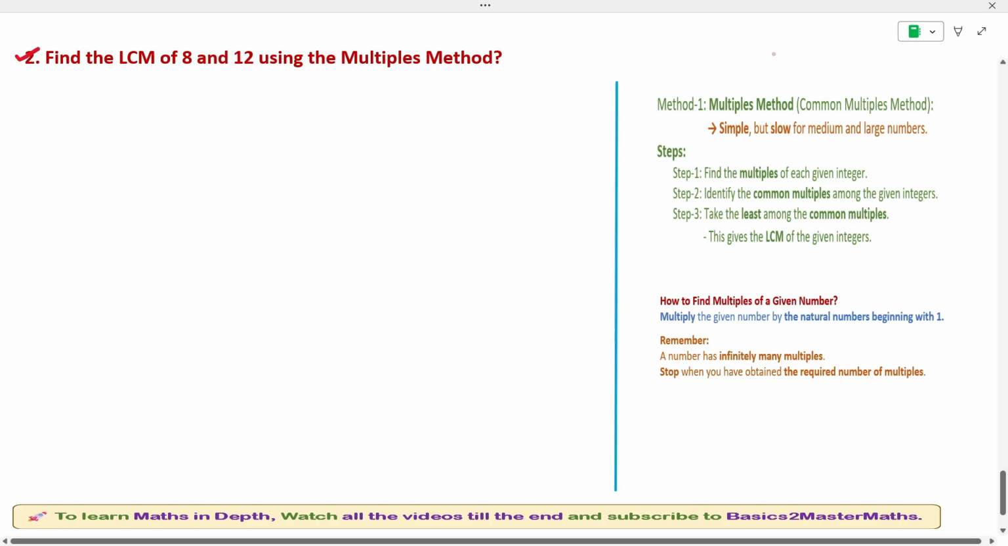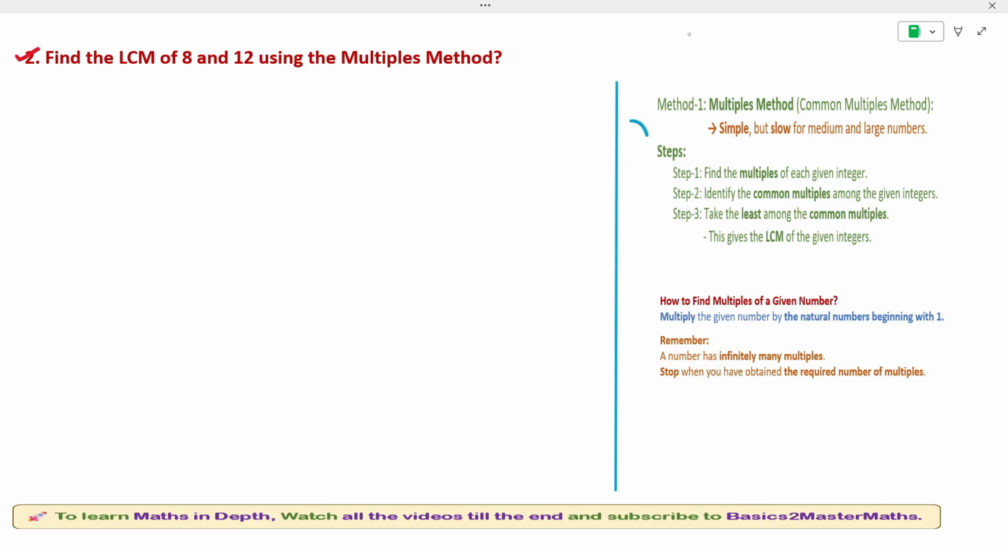Let us find the LCM of 8 and 12 using multiples method. Please follow the below steps so that you do not make any mistakes. Step 1. Find the multiples of each given integer. We know that multiples of a given number can be obtained by multiplying the given number by the natural numbers